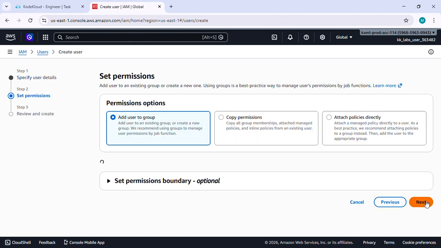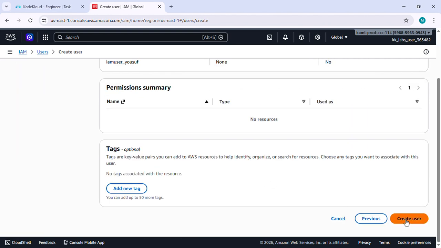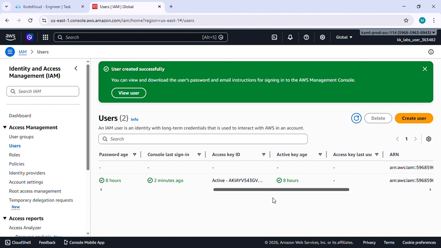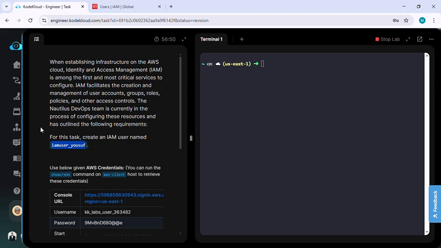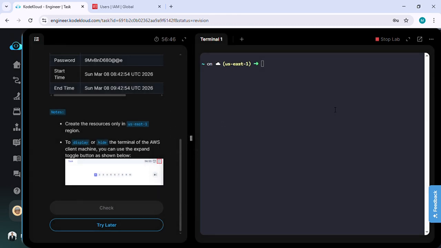Click on Next. As of now we don't have to specify any permissions, add the user to any group, or attach any policies. So just click on Next and click on Create user. Our user is created. So let's verify our task. Yes,